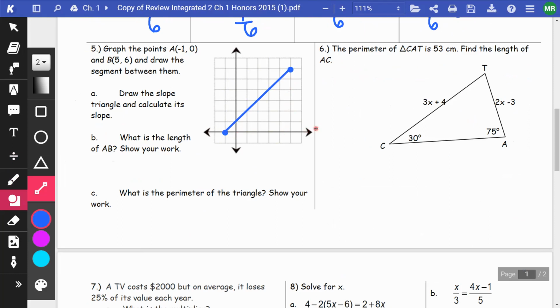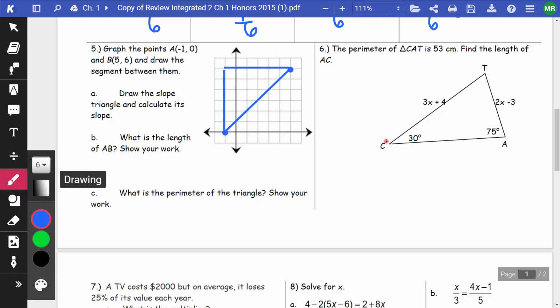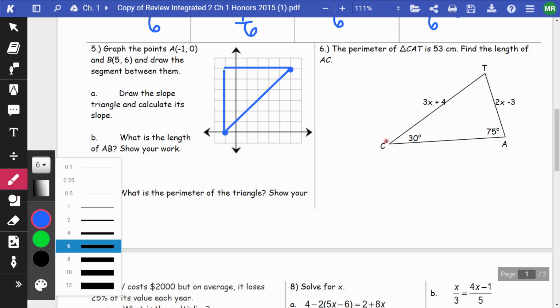Okay. And that is going to be my line segment. And then they want us to draw a sloped triangle. So drawing a sloped triangle, come out to here. I'm going to come down to here. Okay, so let's see. I end up having